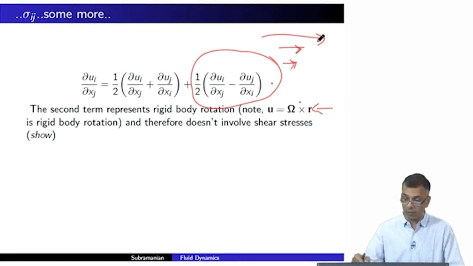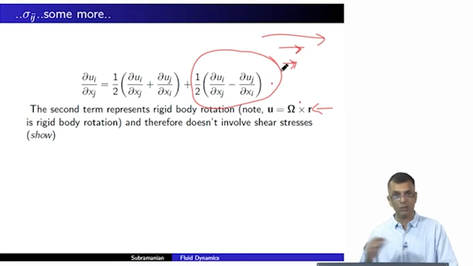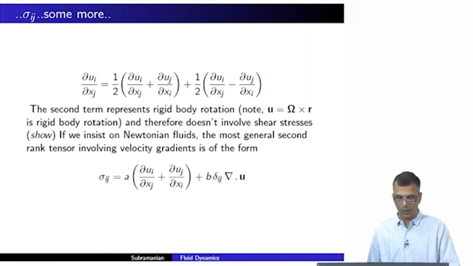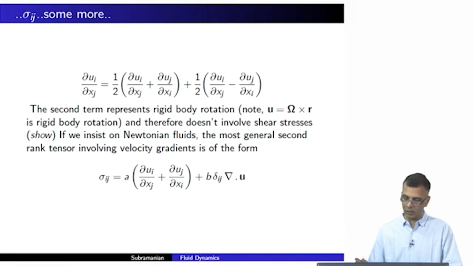I mean, the length of the velocity vector is decreasing. It is rigid body rotation. So, this does not involve shear stresses. Now, if we insist on Newtonian fluids, the most general second rank tensor, which is what this is,